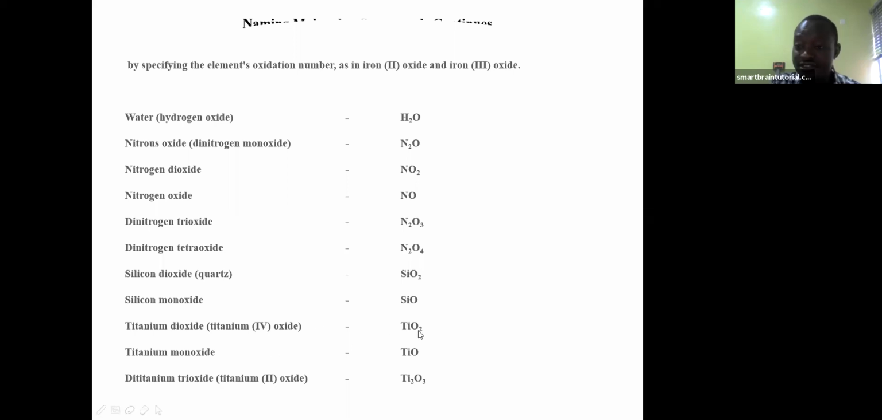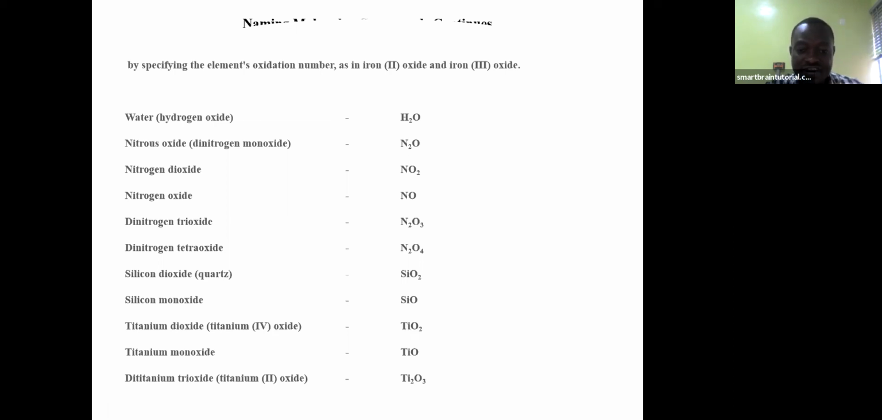Titanium dioxide. The IUPAC name is titanium(IV) oxide. It is very useful in paint. It's a filler in paint. And then we also have titanium monoxide. It's a lower oxide of titanium. Then next we have